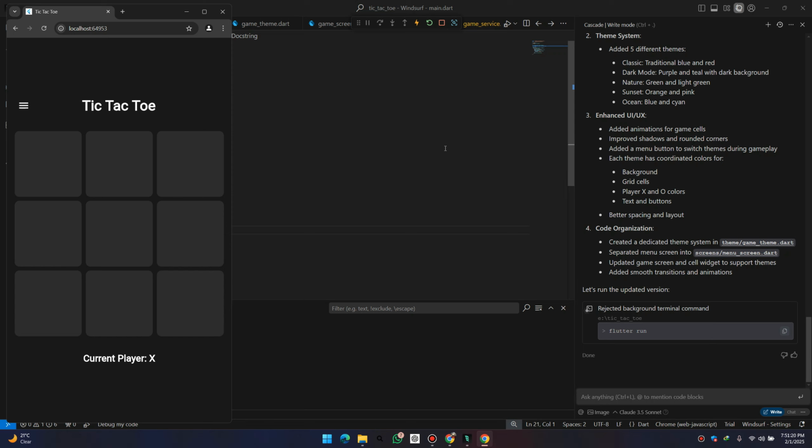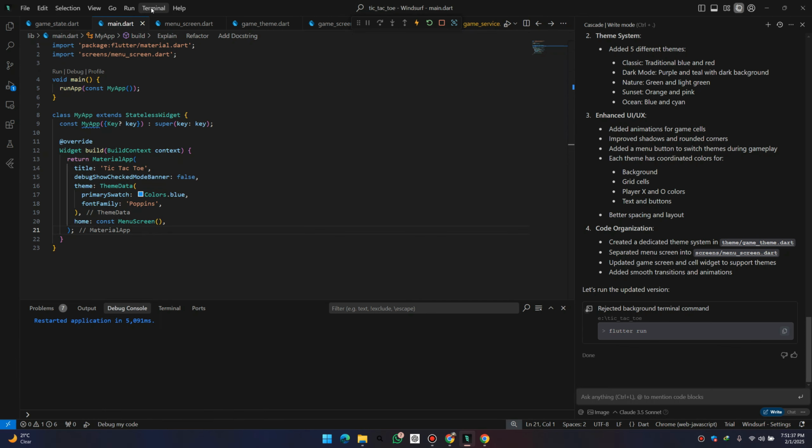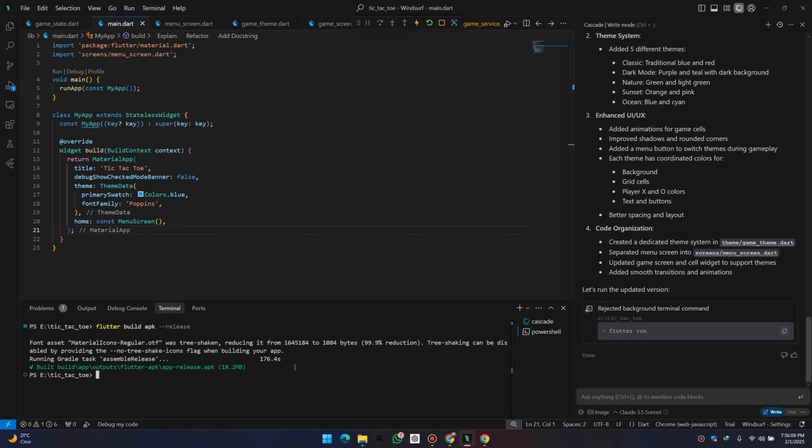Now let's see how we can create an APK file for our game and how to install the game on our mobile phone. Minimize this, click on terminal and select new terminal. Type this command. It's going to generate an APK file for our mobile game. Once the file is generated,